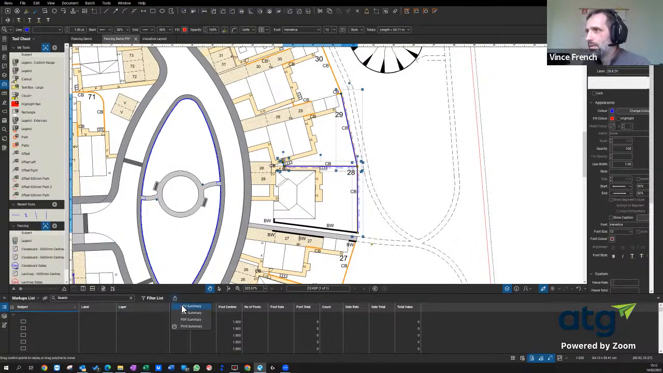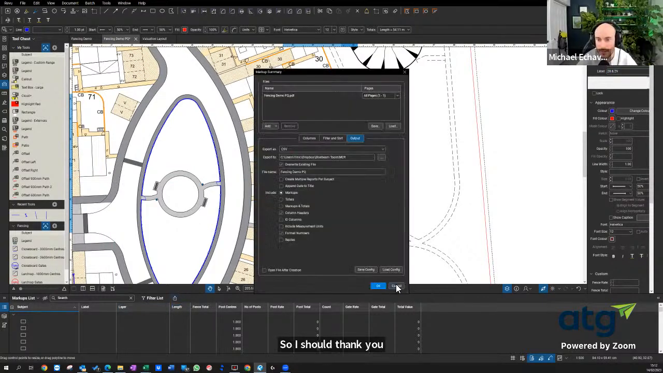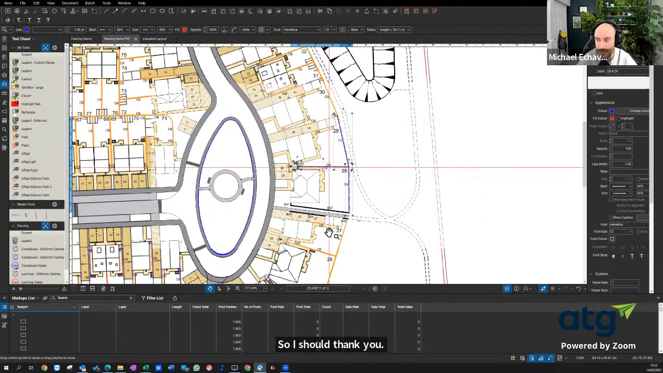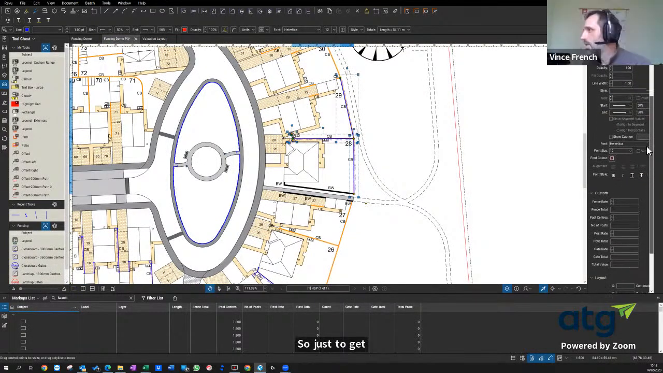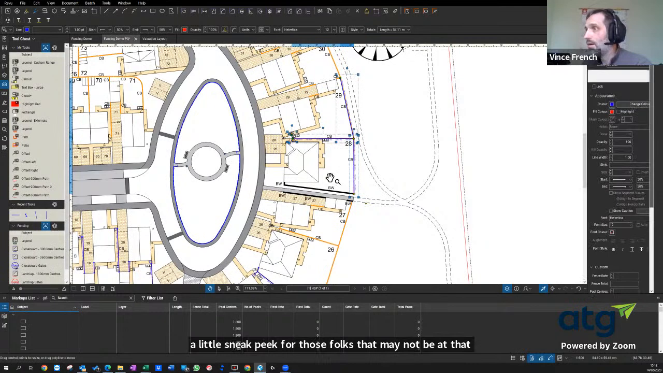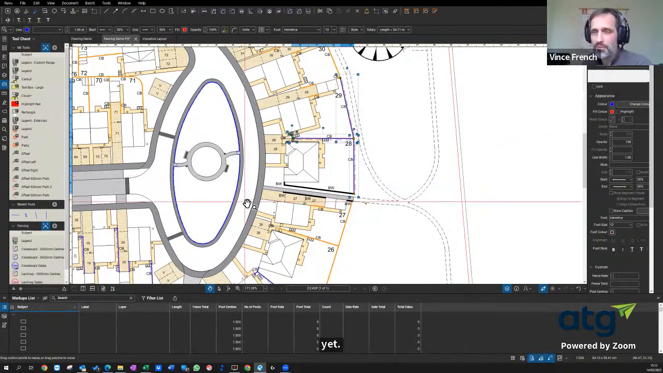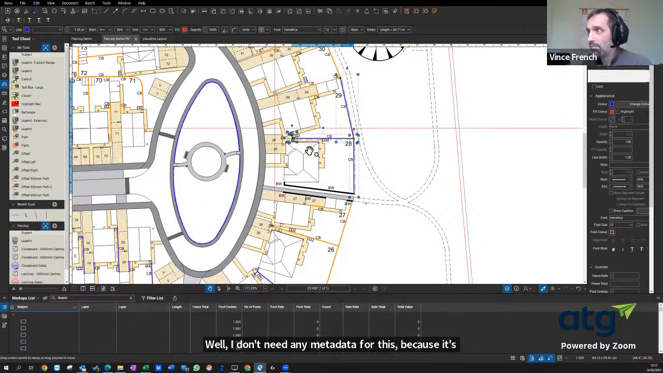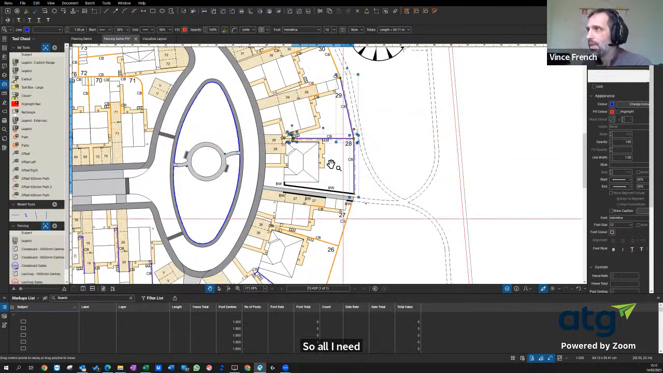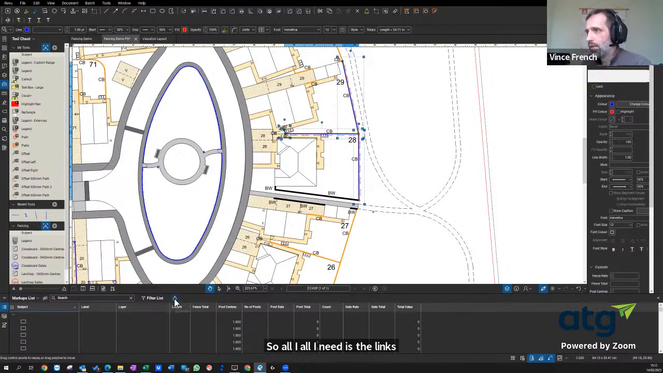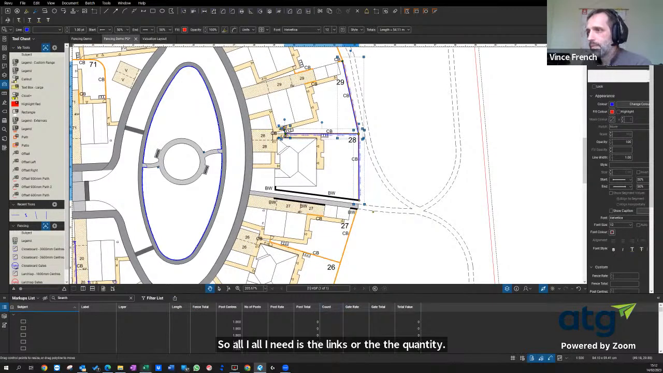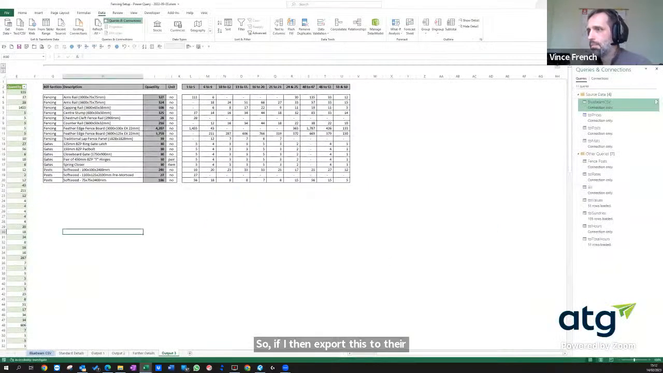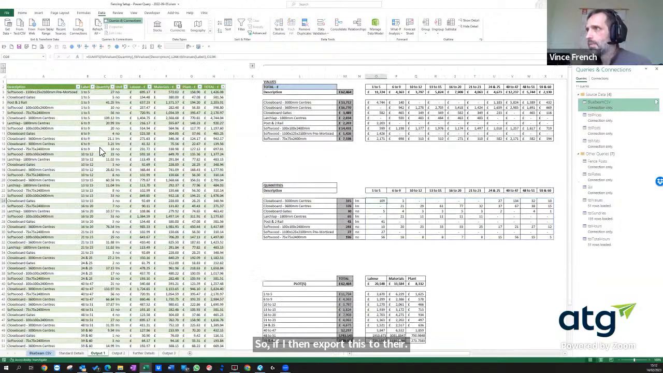Before you move, let's have you scroll down a little bit on your properties and show some of the metadata, just to give a little sneak peek for those folks that may not be at this point yet. To be honest, I don't need any metadata for this because it's all coming from Excel. So all I need is the length or the quantity. So if I then export this to there, okay, come back over. This is this one. So if I just go refresh all,